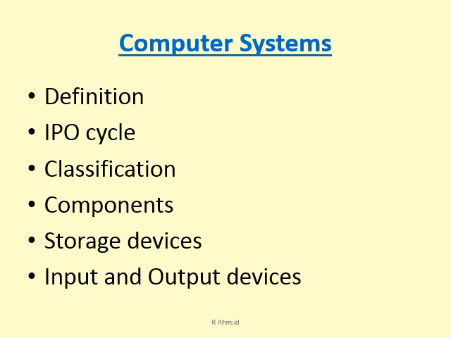After this we talked about classification of computers. Classification of computers was done on the basis of 3 main criteria. The first one is on the basis of type, or type can also be called the data that we are feeding inside the machine. The second classification was on the basis of size, and the third classification was on the basis of purpose. Now let us take up each of them one by one.